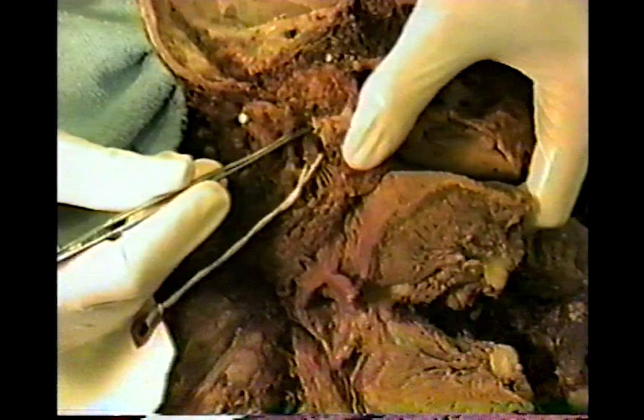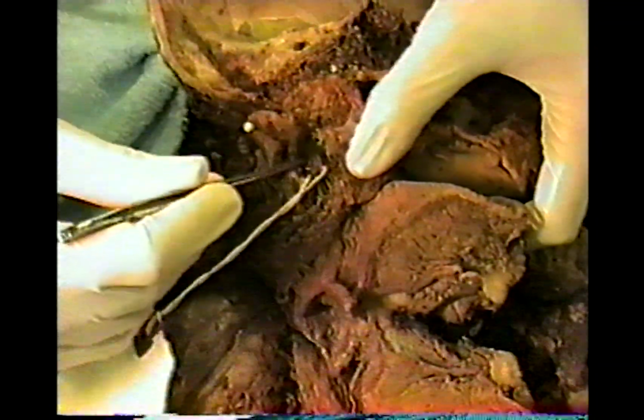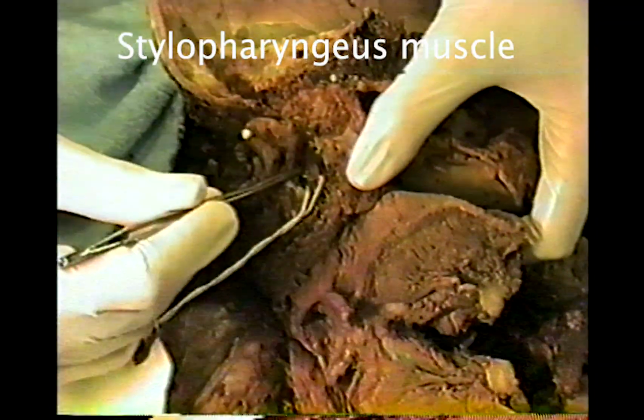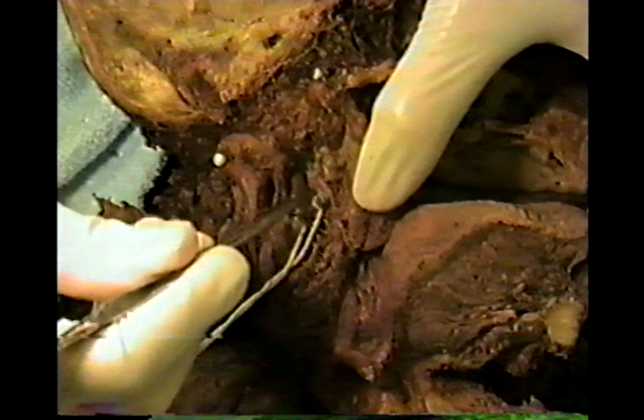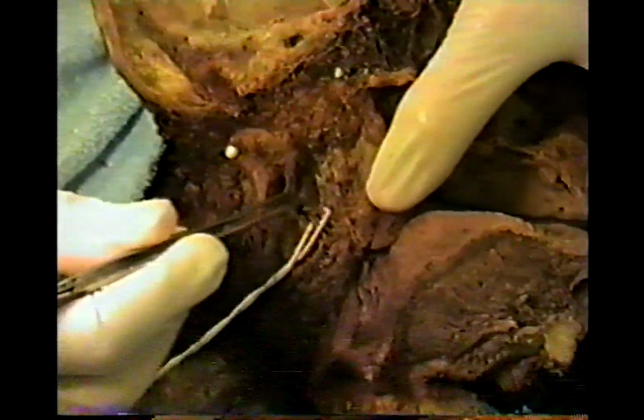So this muscle here that's been tagged would be the stylopharyngeus muscle. The styloglossus muscle would be deep to the stylopharyngeus muscle. And really, the best way to tag the styloglossus muscle,